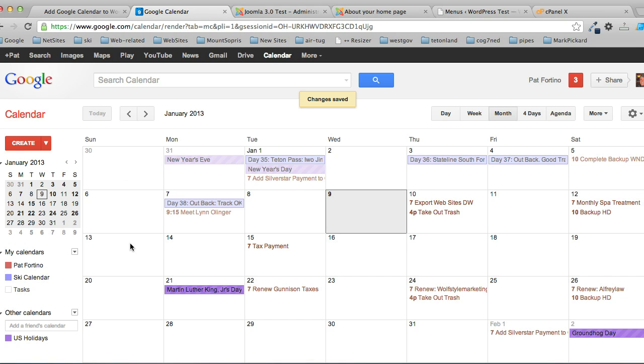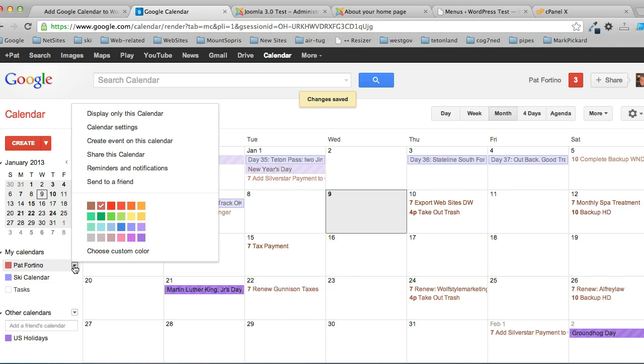The next step is, now that your calendar is visible to the public, and you want to put it on one of your website pages, and this isn't just for Joomla or WordPress. This will work on any website that'll allow you to insert an iframe code. So again, to get the code for this calendar, you go to